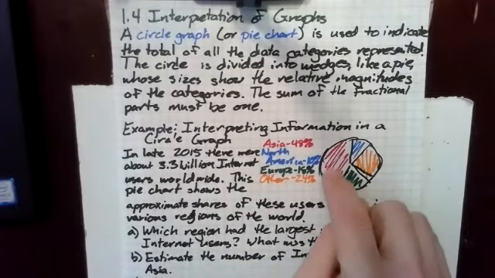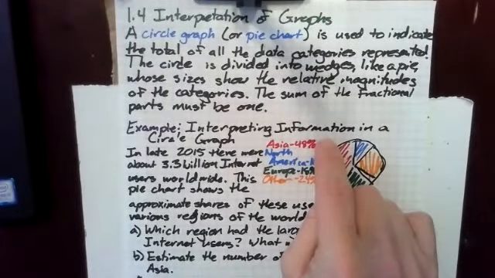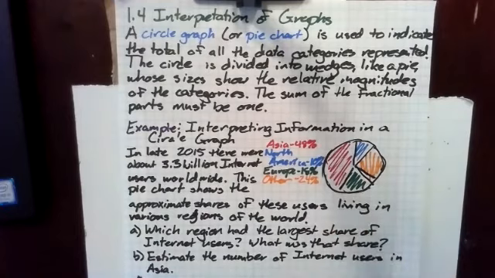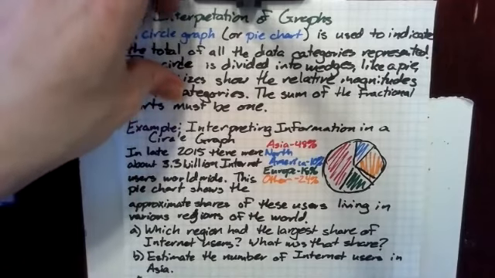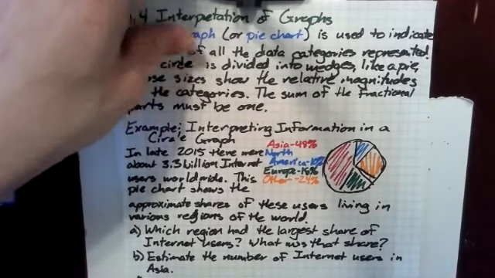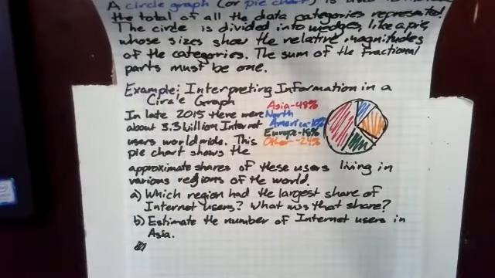It appears that this red section is the largest share, and according to this, that represents users in Asia, of which that was 48% of the total number of internet users. The second question asks us to estimate the number of internet users in Asia. We can estimate this by noting that 3.3 billion is almost 3 billion, and 48% is almost 50%. So we can estimate